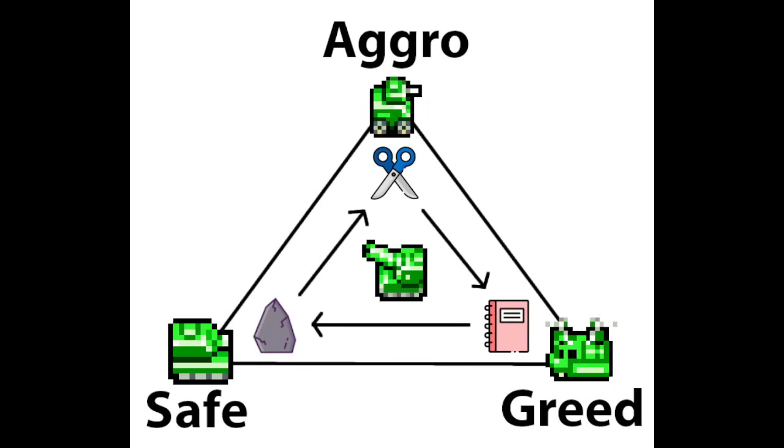And we will go into a lot of detail about what each of these openings are and how to play each of these openings effectively. But I want you to just absorb the concepts of the rock, paper, scissors, so to speak, that's happening here. Aggro openers generally are going to come out ahead against greed openings because the harass will disrupt the